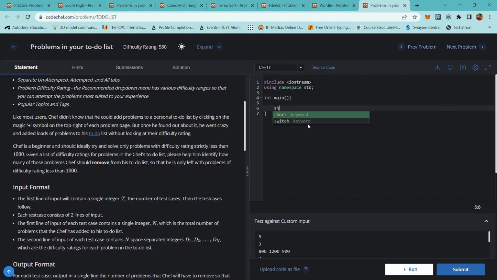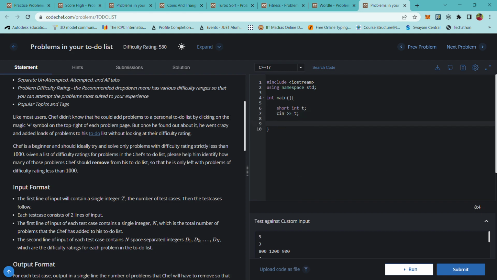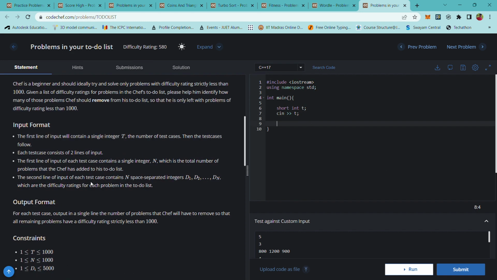For the number of test cases, we use short int t, and we input the value of t, and then